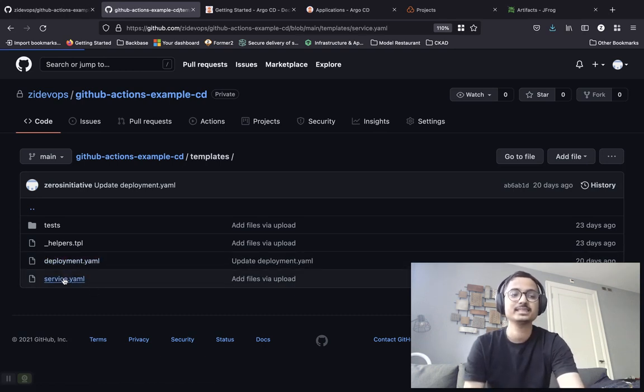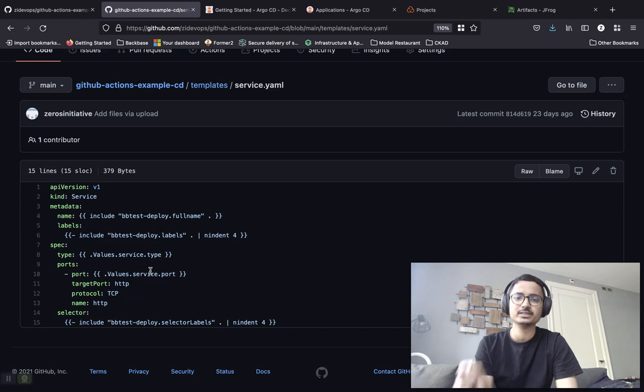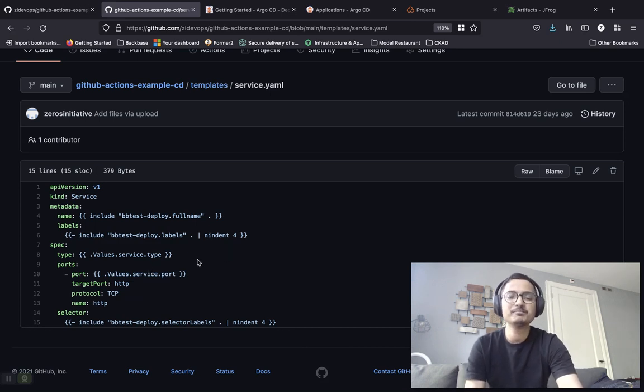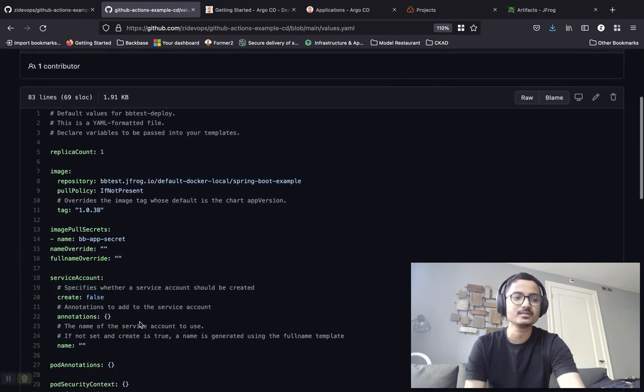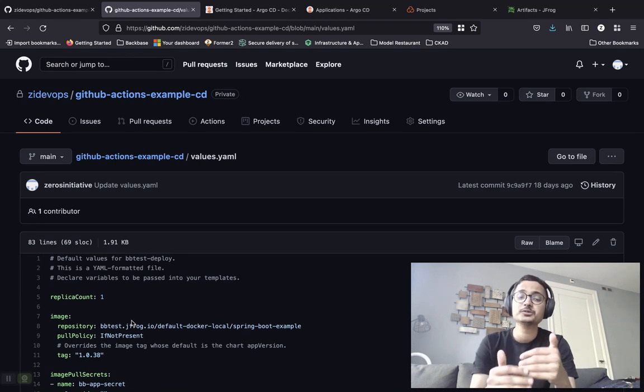So if I take a look at the service.yaml file over here, it is very similar to a Kubernetes service manifest file, but it's templated. It is templated in the sense that you can pass some values into these templates from your values.yaml file. So we are passing something called a replica count. We are passing the image repository as well as the image tag. We are passing some image pull secrets. We are passing nameOverride, fullnameOverride, some service account related stuff. You're passing everything from your values.yaml file, and all of these values go into the respective YAML templates of the manifest files of your API objects.